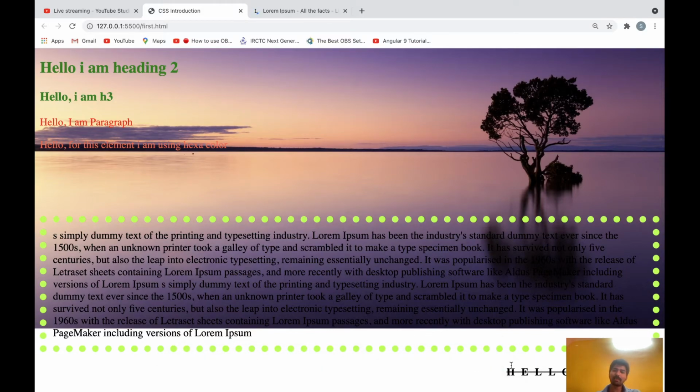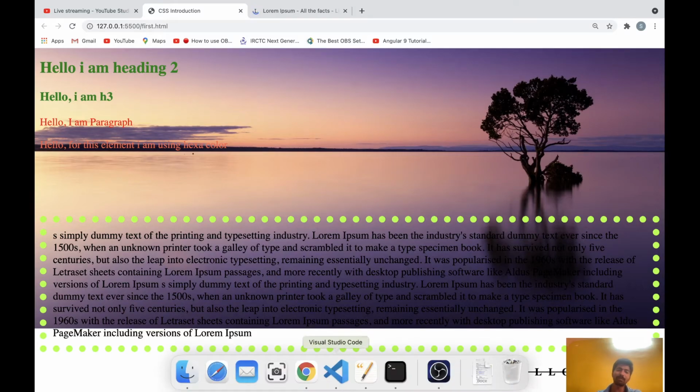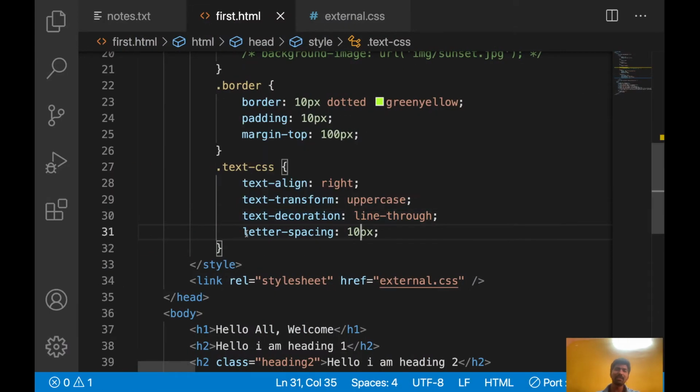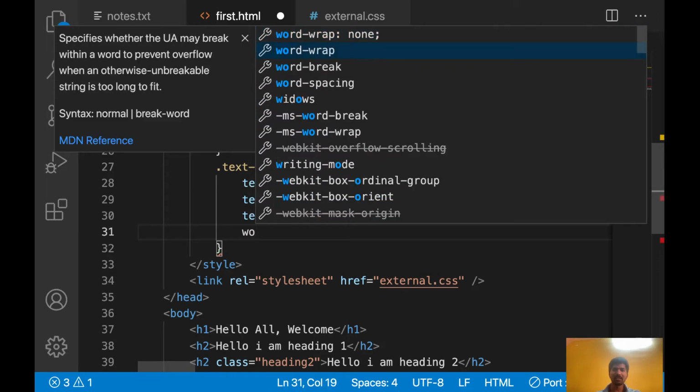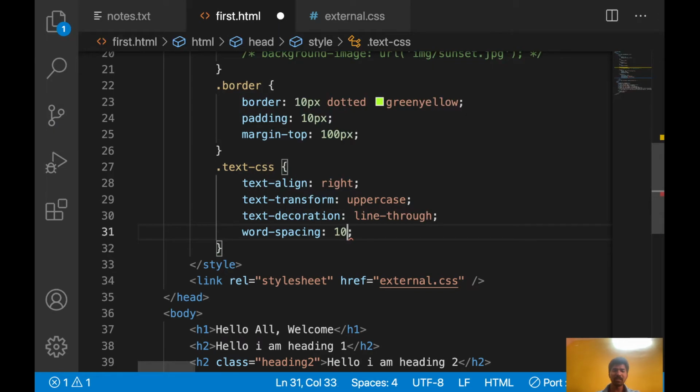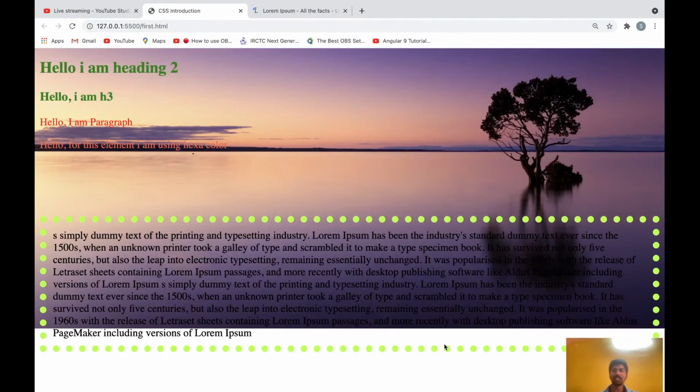What will happen? See, for each letter the gap is there, since I have given letter-spacing 10px. Now instead of letter spacing I want to give word spacing. Word spacing means, here two words are there, and between the two words I want to give 10px of space. Then I will use word-spacing 10px. Now let's see, this will give space only between the words. See here, space is coming.